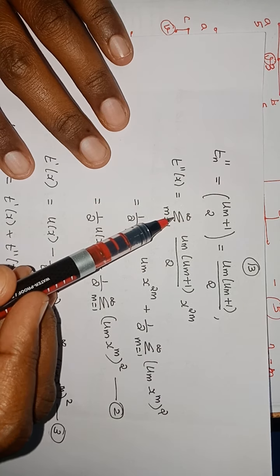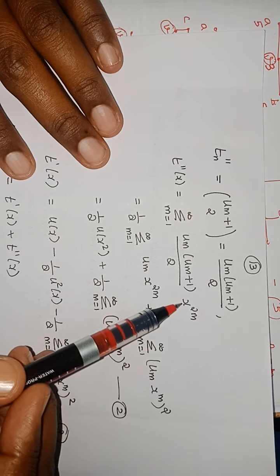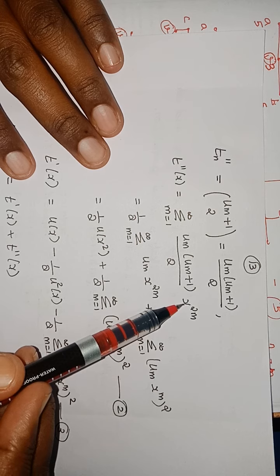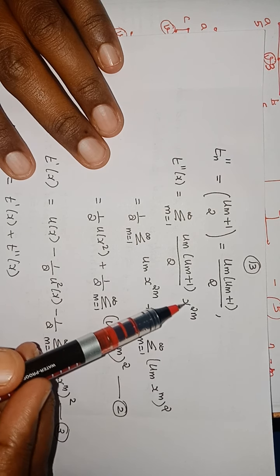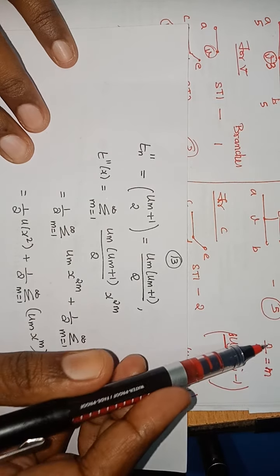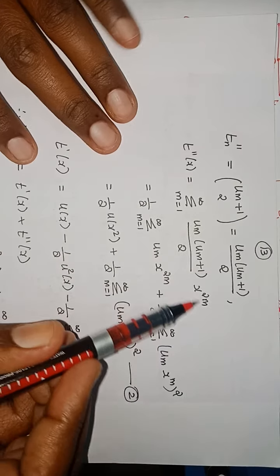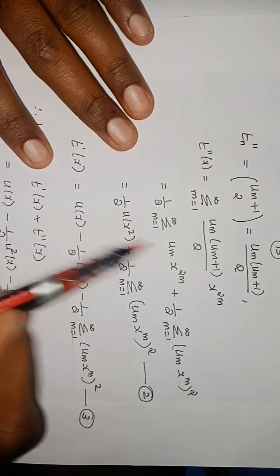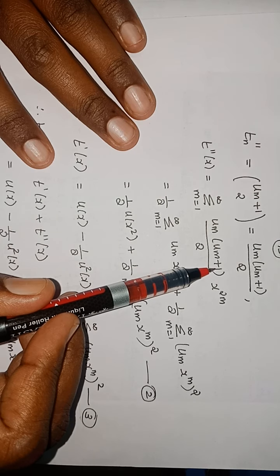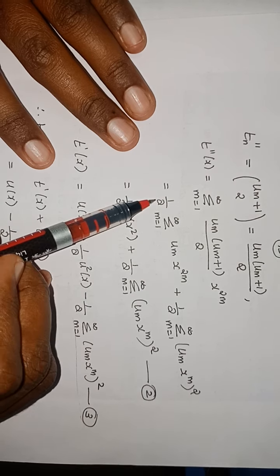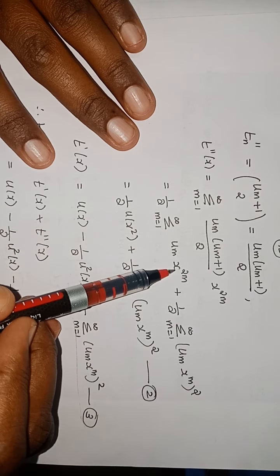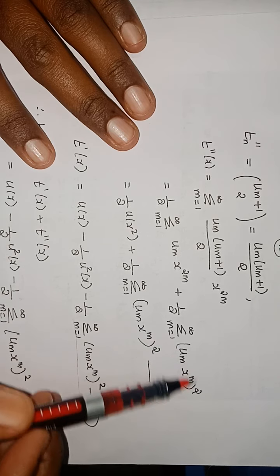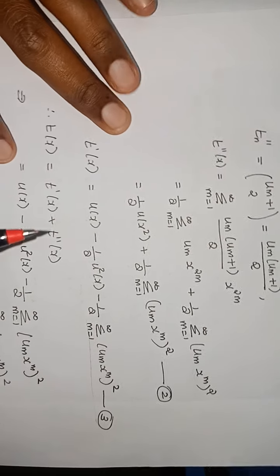So T double dash of x is the generating function, the summation of Tn double dash, the number of possibilities, times x to the power n, generally sigma. But n is 2m, n by 2 is m here, so n equals 2m. That's why it is um plus 1 by 2. Multiplying this, um square plus this, 1 by 2 is taken out, into x to the power 2m. Square into x to the power 2m. x to the power 2m squared is totally written as u square. This is T double dash.